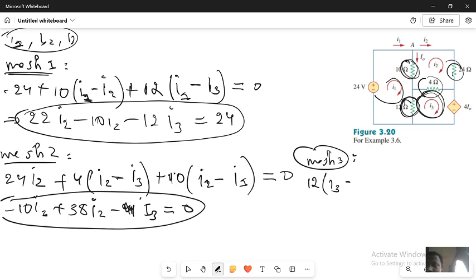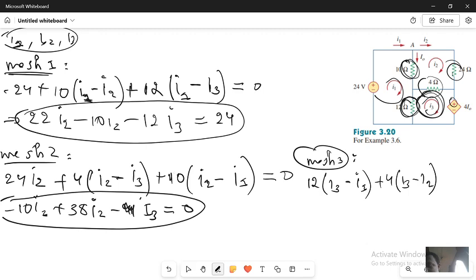This 12 resistor is between mesh 3 and mesh 1, minus I1, plus 4. This resistor is between mesh 3 and mesh 2. So I will have I3 minus I2, plus this voltage